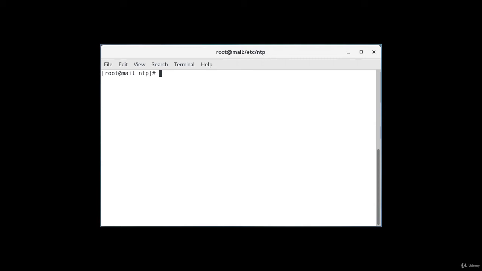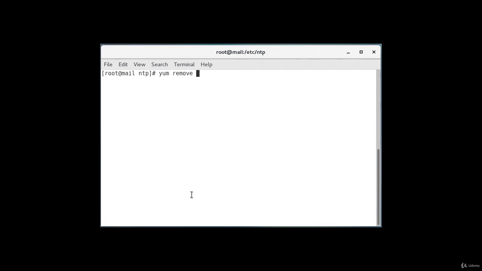Hello students, so one more option that we have beside NTP is to use chrony, which is also one of the tools that you can configure time synchronization with on a server. One thing you have to make sure about is that you have to remove NTP if it's already running on your system. So in this lecture we are going to do just that, and the way I do it is